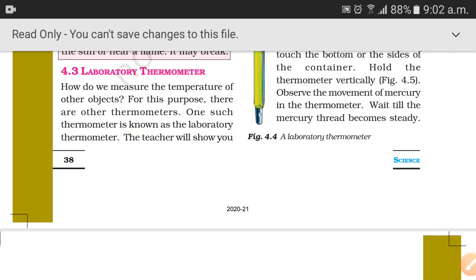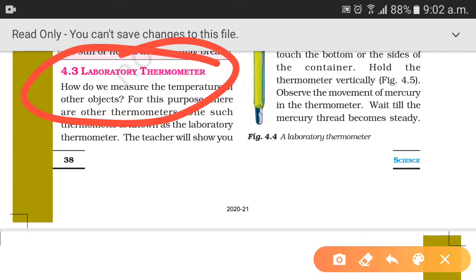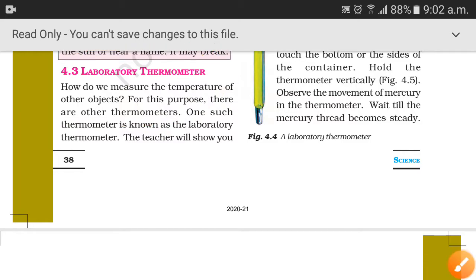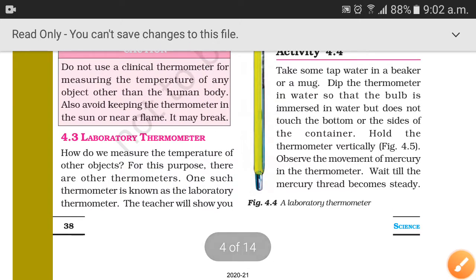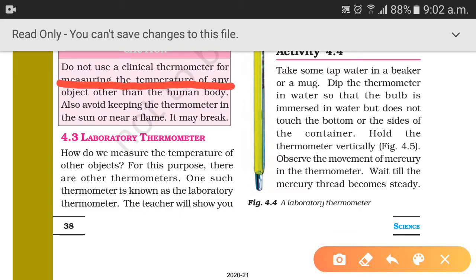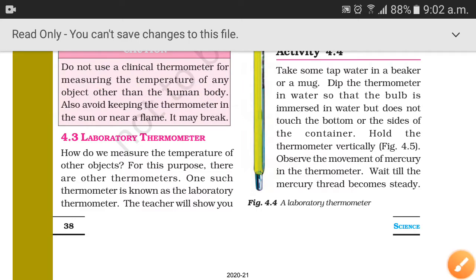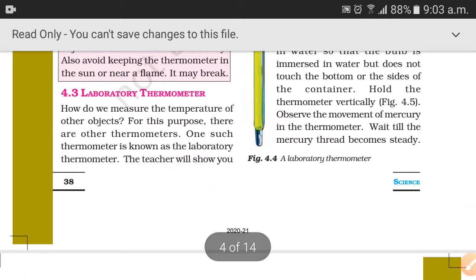Today we will continue with chapter 4, Heat, and today's topic is the laboratory thermometer. Yesterday, students, we studied about the clinical thermometer, which is used to measure human body temperature, and we do not use it for measuring the temperature of objects other than the human body. Why so? Because it may break, so avoid keeping the thermometer in the sun or near a flame, otherwise